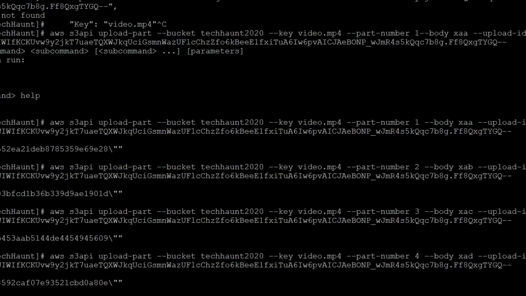I will provide you the syntax for this as well, so you can download the complete multi-part upload syntax from the video description. You just need to replace your file name, your upload ID and the bucket name. I have replaced the bucket name, and I'm just going to replace my upload ID.